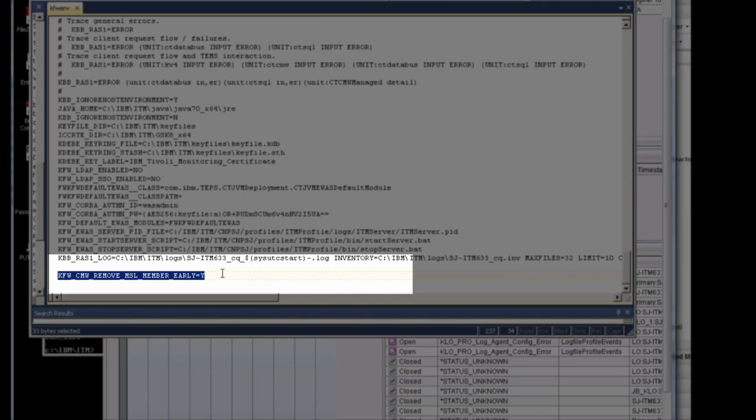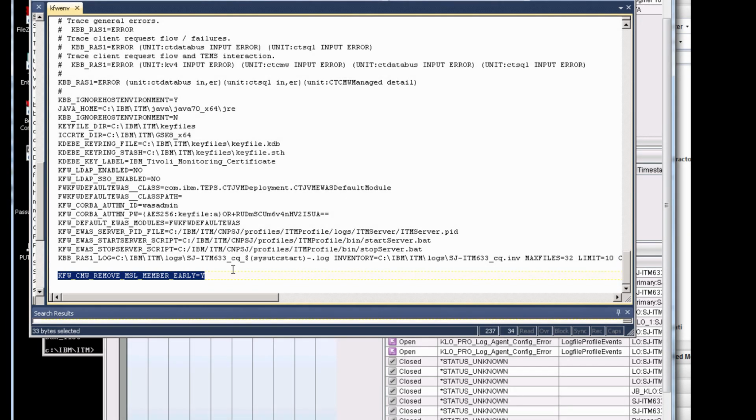As you can see, it's kf_cmw_remove_MSL_member_early equals yes. Once that's in place, it will not remove the MSL list when you remove the last member via the TEP GUI. This and the fact that the TEPS does not write an empty tacmd list when it is first created to the TEMS tables are both being addressed in APAR